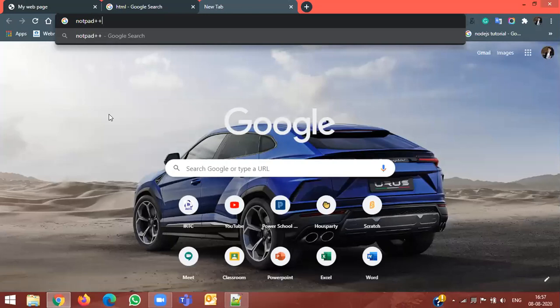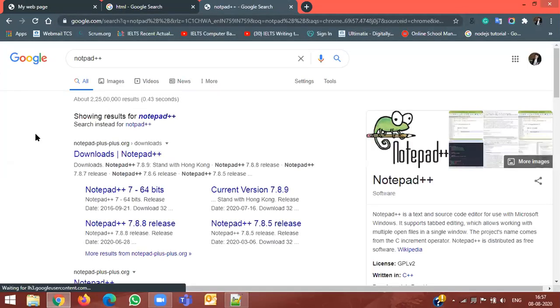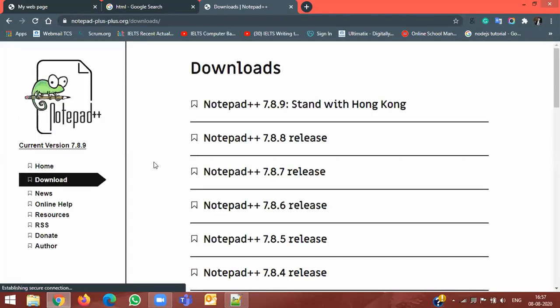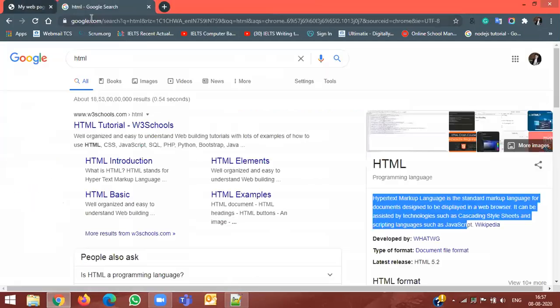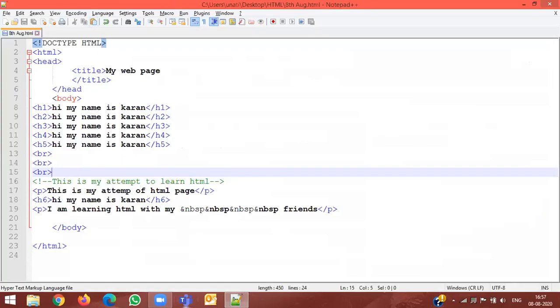I'll get it downloaded, don't worry. Unless anybody else wants help in downloading it. Sandeep, I was saying I will download Notepad Plus on her laptop. It looks much more readable, the tags are very visible in Notepad Plus. It's much better.